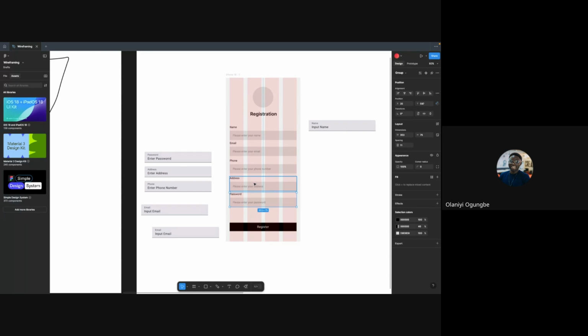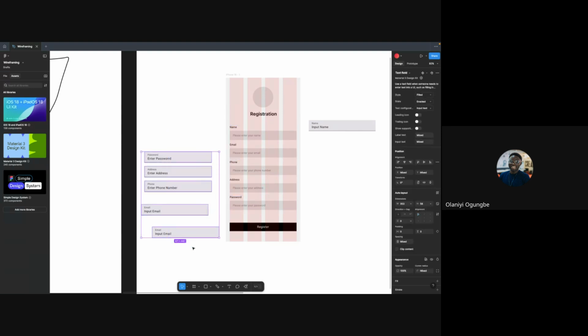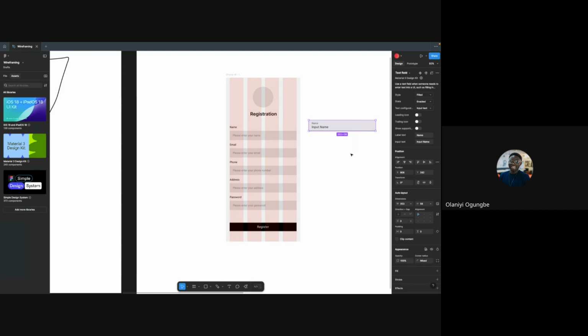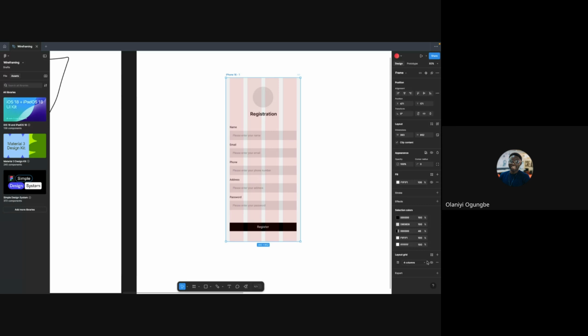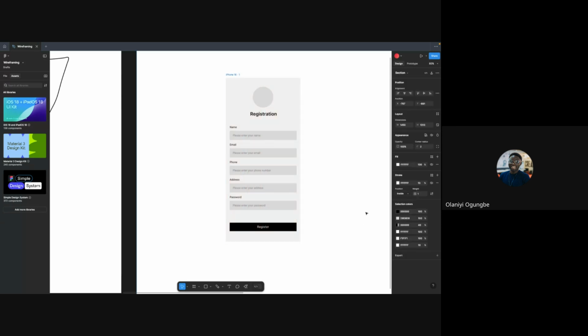So now everything is looking all smooth. I just want to ensure that the spacing is actually equal across the board. So I go to alignment and I click tidy up. Very fast like that. And with that, we've created our mid-fidelity wireframe very easily. Do you guys understand?